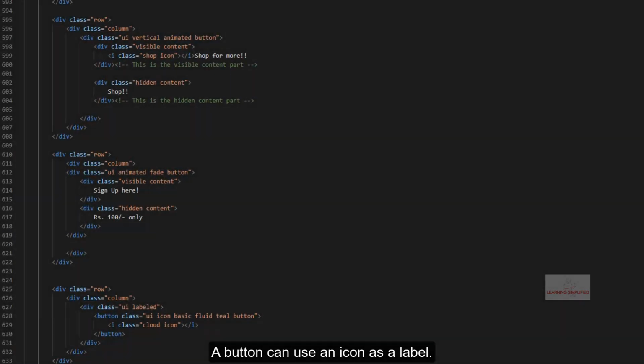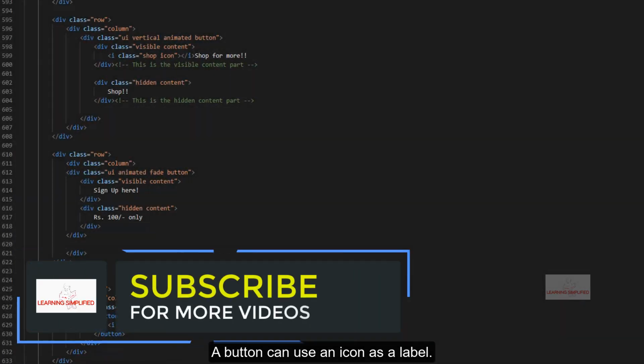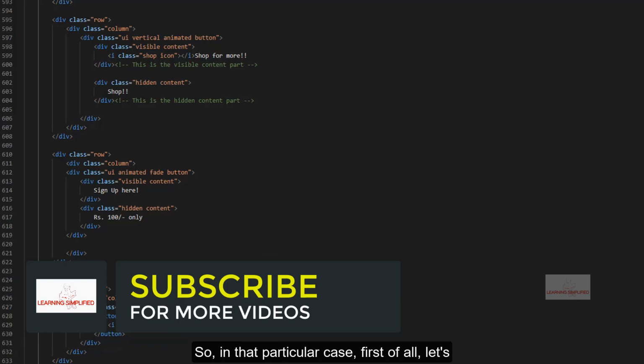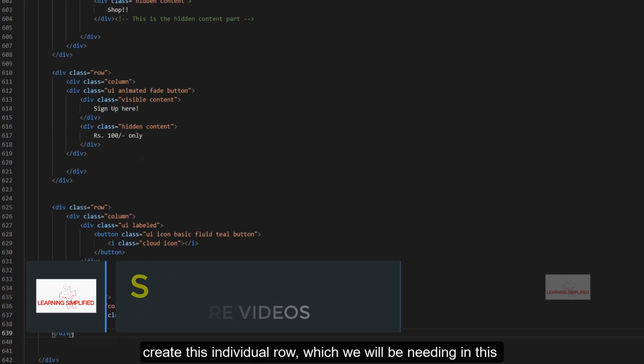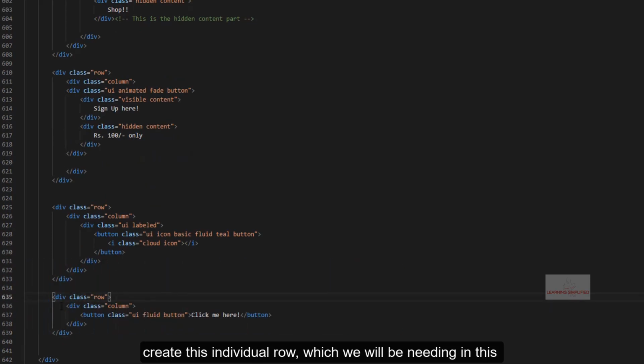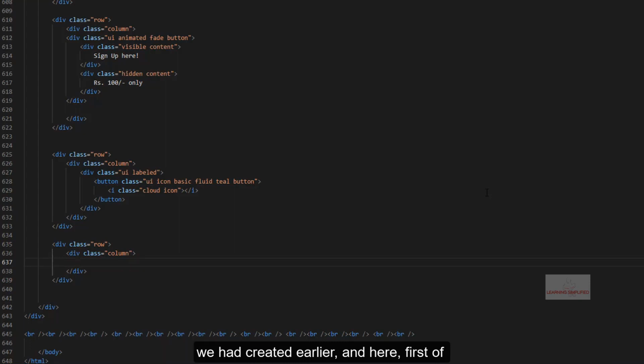A button can use an icon as a label. So in that particular case, first of all, let's create this individual row which we'll be needing for this purpose, and we'll be definitely removing this button element that we had created earlier. And here, first of all, let's create a button with some class here like this UI label